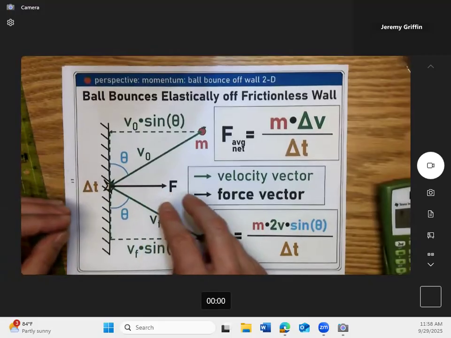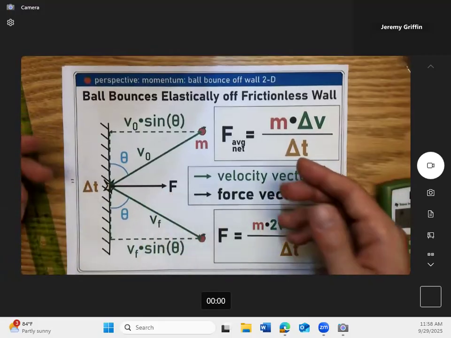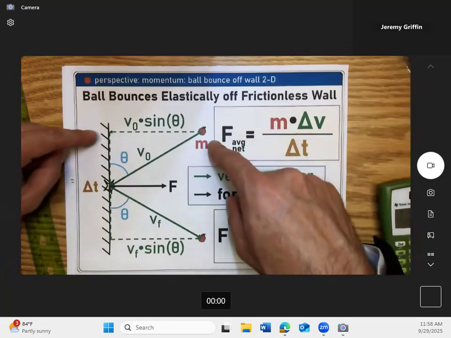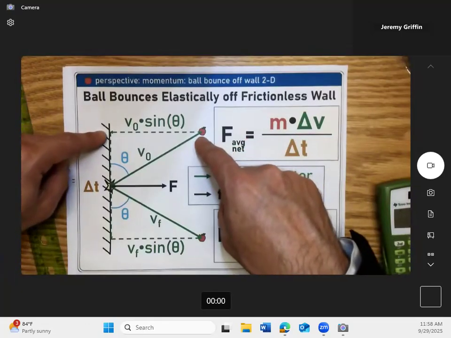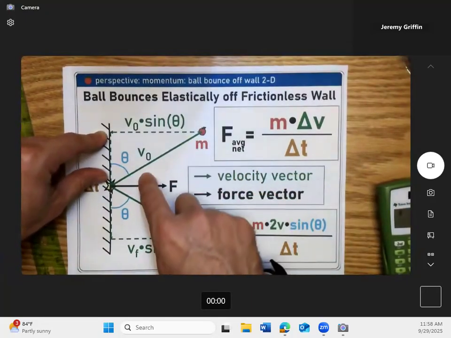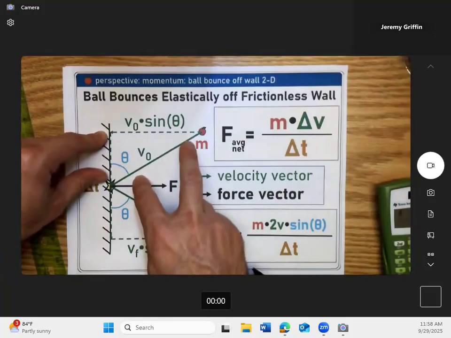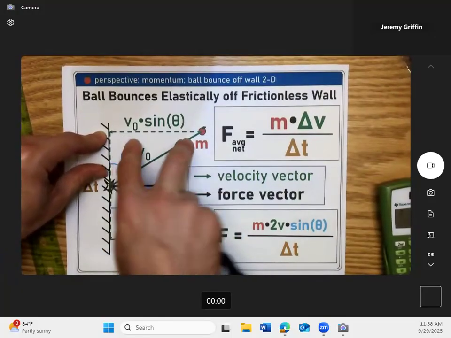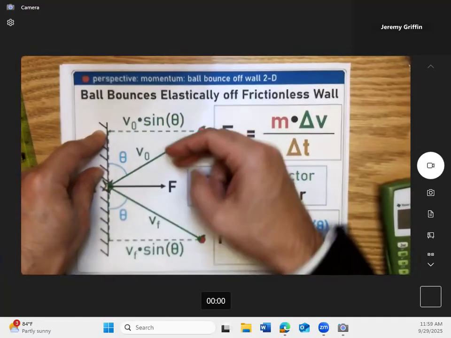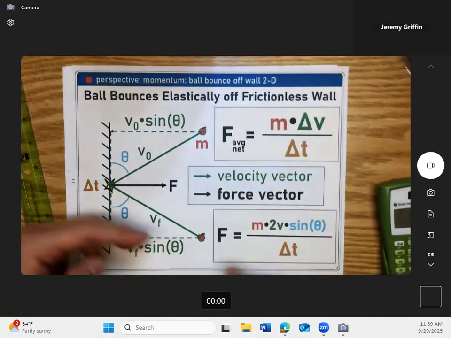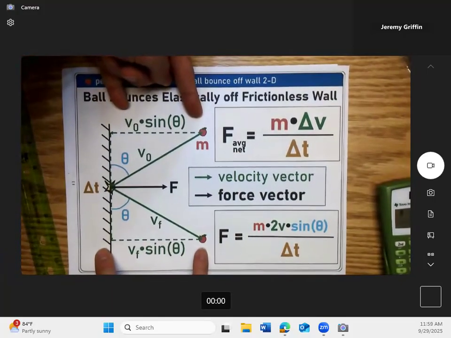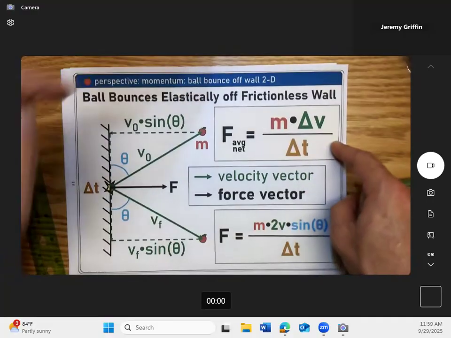So really, even though this was in 2 dimensions, I simplified this enough that you can make it look a lot like what you just wrote in your notes. You just have to take a sine component of this velocity. Do you guys see that whatever this velocity is times sine of this reference angle would tell you how fast the ball is headed straight towards the wall? Is that right? And if it is elastic and frictionless, then wouldn't these 2 components be the same thing? So put it all together. It's the same thing we just did.